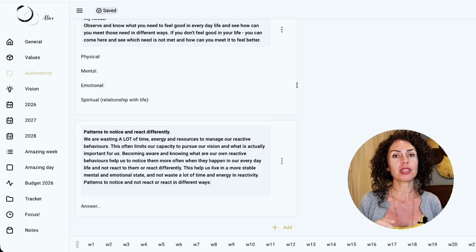And it doesn't matter if they're really small situations or big situations, because as I said, on the surface, the situation can be totally different, small, big. But in the back end, we are reacting to the same things. And the idea is that we want to find what are those 1 to 2 main things that we are reacting to. When you have a situation that makes you angry, the idea is to pause and to question it,